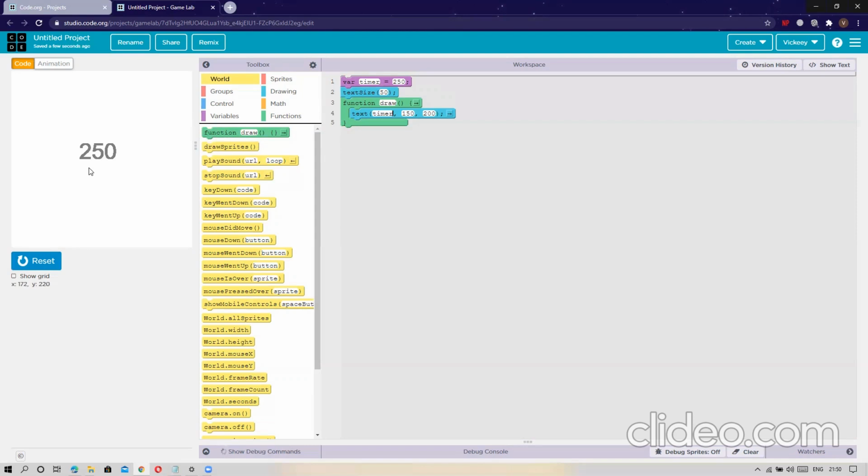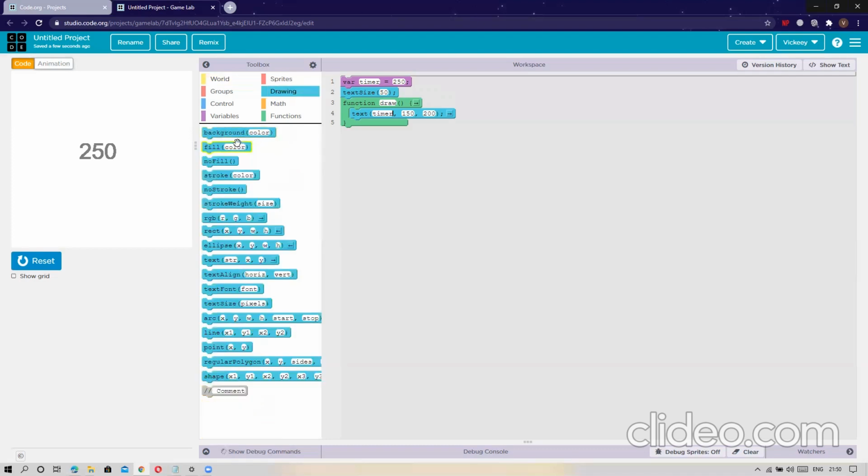Now first of all, we are going to go to the drawing option. As you can see there is a background color. It's up to you if you want to change the background color. There are white, red, green, blue, yellow. I'm going to keep it simple, I will choose white.